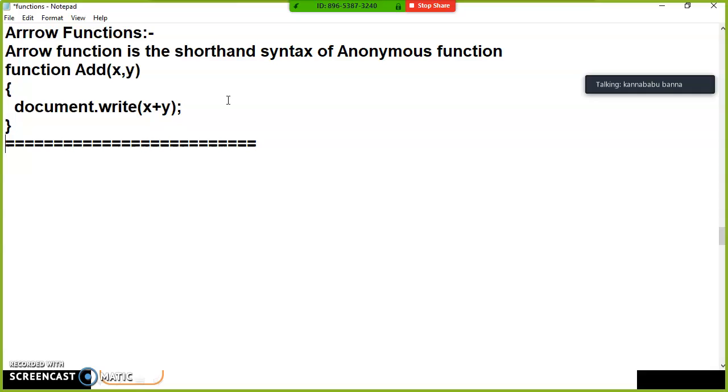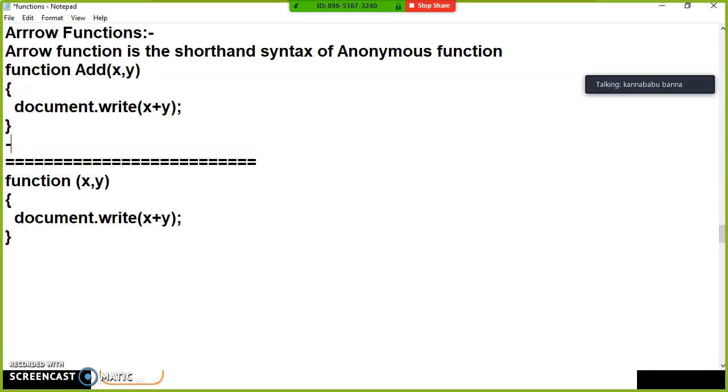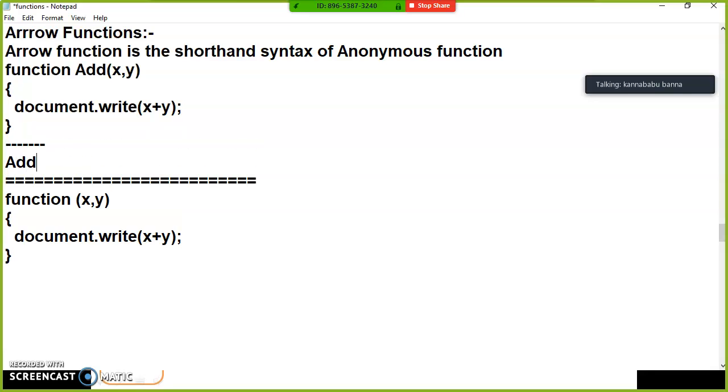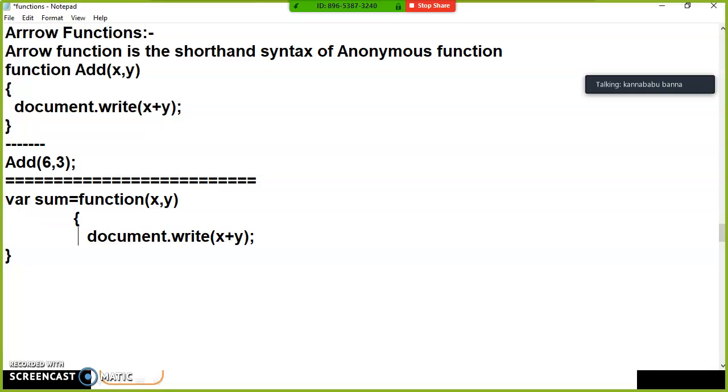If you want to declare an anonymous function, you must not declare any name. At the time of calling, how do we call the function? Function name, passing the values 6, 3. And if you want to work with an anonymous function, declare a function without any name, and store the result in some variable. This is an anonymous function, or nameless function.